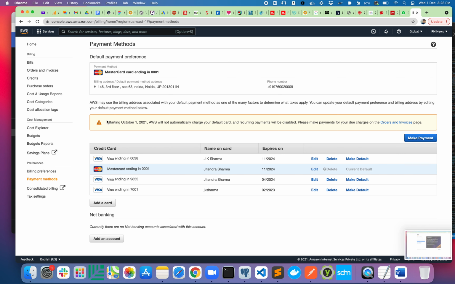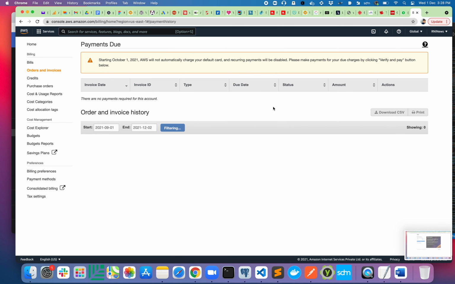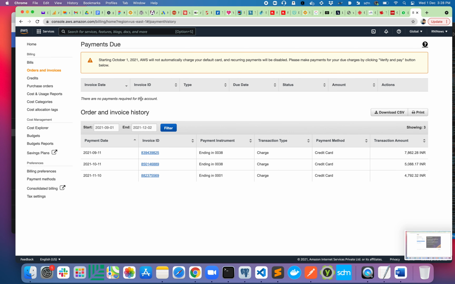And in the next step, suppose we just log in and we need to make a payment. So billing, payment method, and then click here, make payment. If there is any invoice, it will be shown here, and in that case, in the action section you have an option to make a payment. Once you click on make payment, you will be redirected to the payment gateway page, and after that